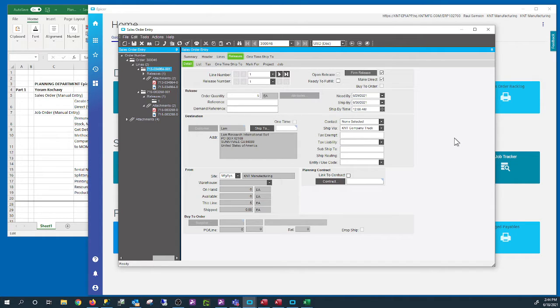And I would say that this is one of the questions that was asked by Patrick last time. How do you split the jobs? And you should do it in the sales order. Correct. Epicor does not have releases on the job. It has releases on the sales order. So you split it in the sales order to multiple releases. So if we have a quantity of 6 for the line and we want to split it, we create a new release.